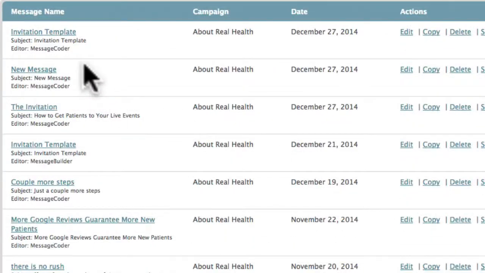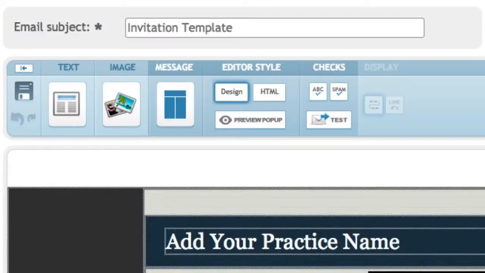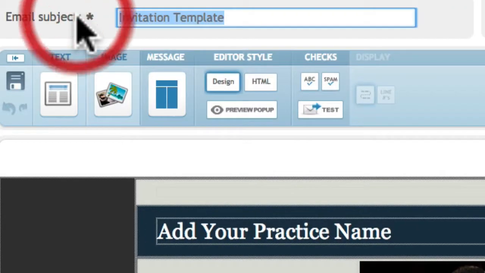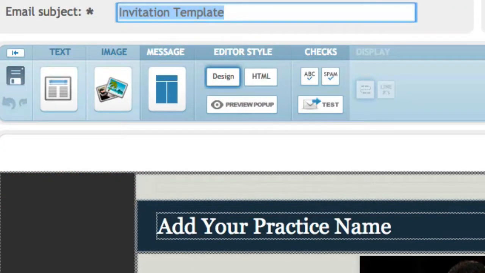Okay, and you can see right over here, here's the one I just made, December 27th. I'm going to go back in there, and I am going to actually now, instead of edit it, because that's my template, I'm going to copy it. So you never send out your template, you will only send out a copy. Now remember, this subject line is going to change. So let's say in the case of Dr. Charles Major, we might say something like,